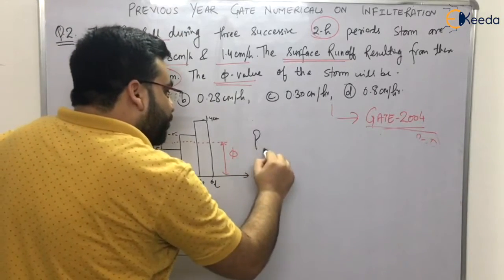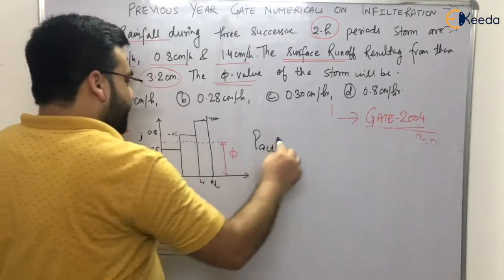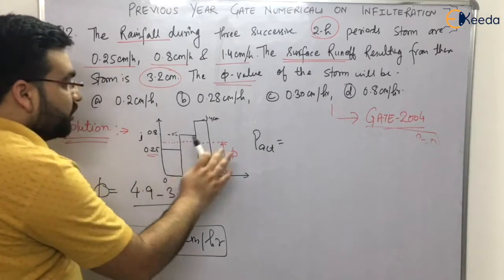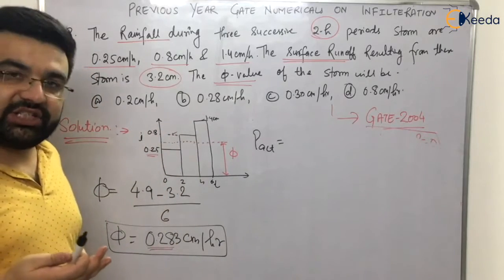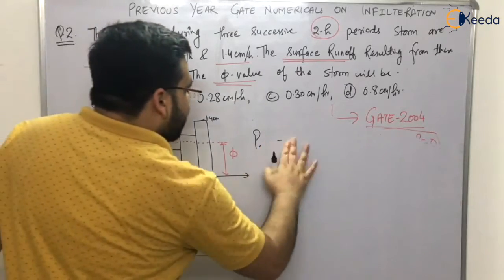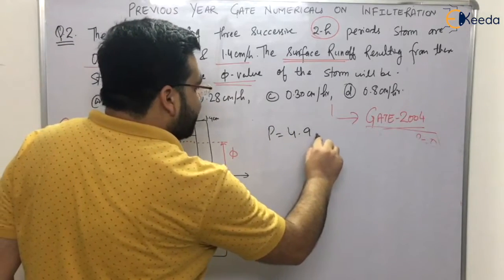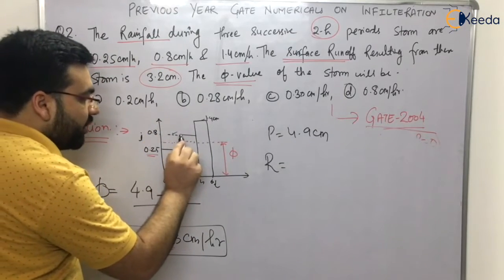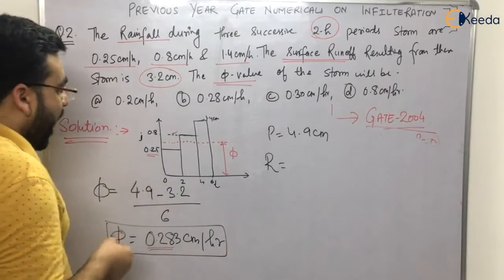So now the actual precipitation, it will be equal to how much? So for this, runoff will not be taken into consideration. Precipitation will be there, but the runoff will not be taken into consideration, right? So for this the runoff will be equal to 0. So precipitation was equal to 4.9 centimeter. Now coming to the runoff, runoff for this will be 0. We have to calculate runoff for this only and this only. Clear? Okay.